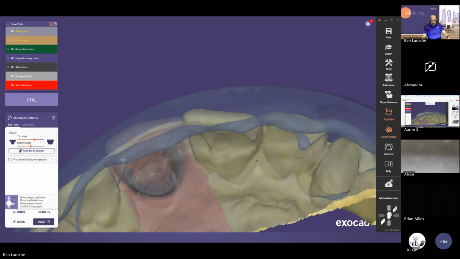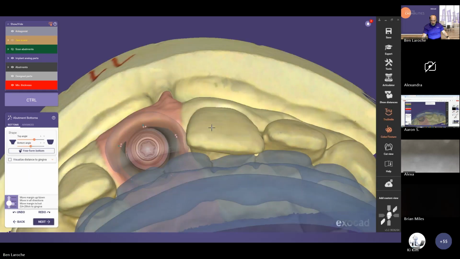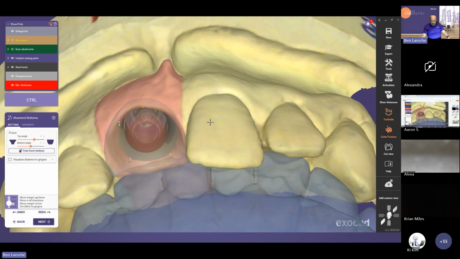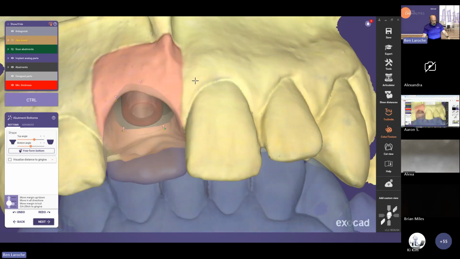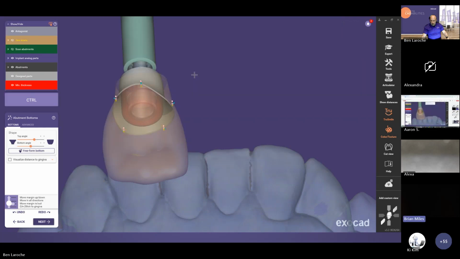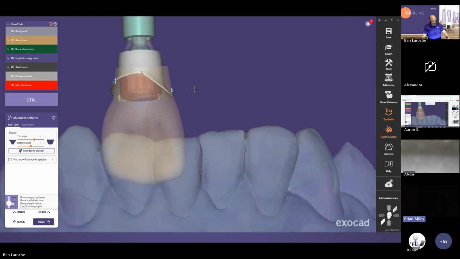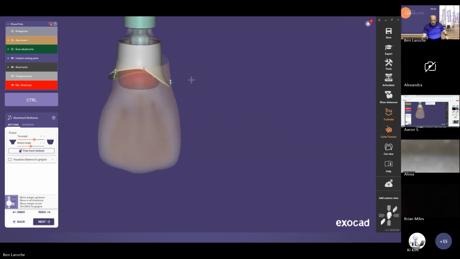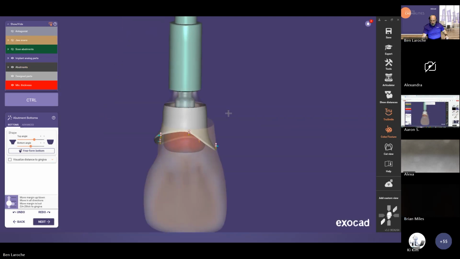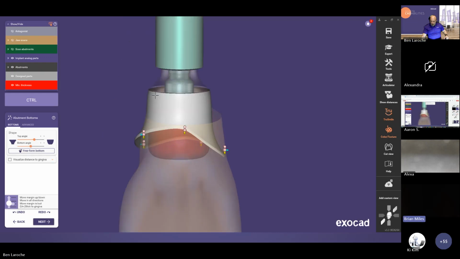And now what it's going to bring me is actually where I do my emergence profile. So I'm going to hide my scan just to show you a little better. I can even hide my antagonist. So what we're looking at here, I move this in the center, is this portion here. If you look, I can actually move and make this more convex or concave, depending on which way I move the slider. And think of the bottom and top angle as my slice right in the middle of this emergence